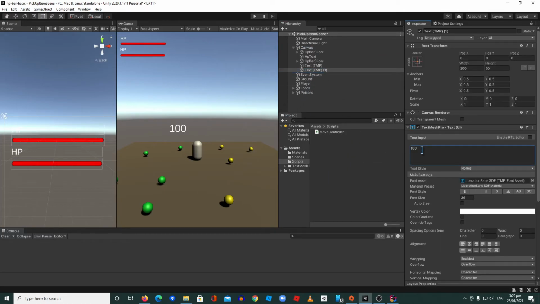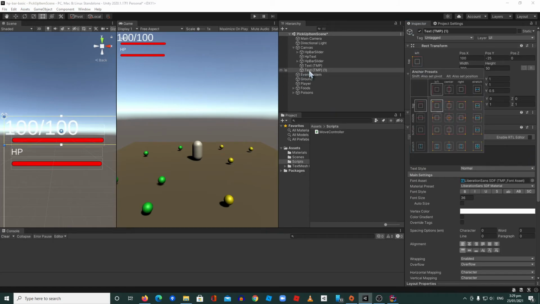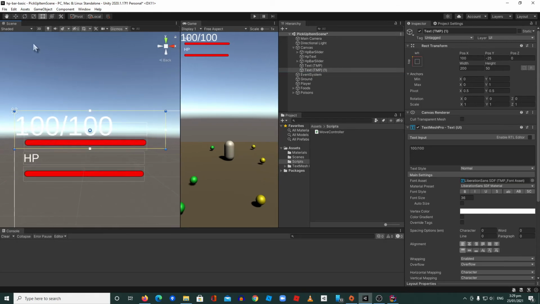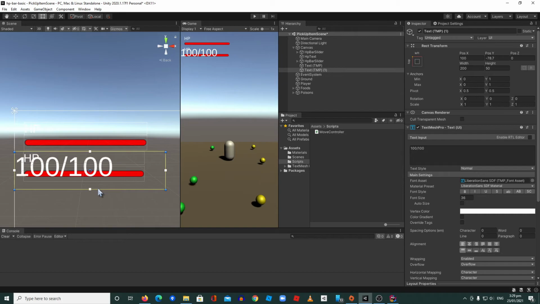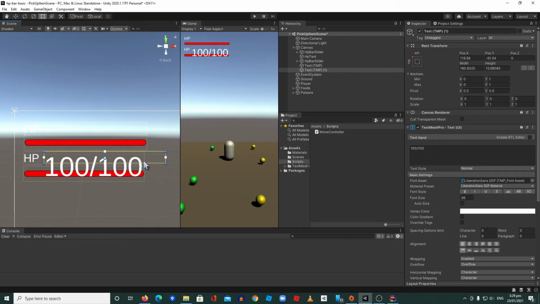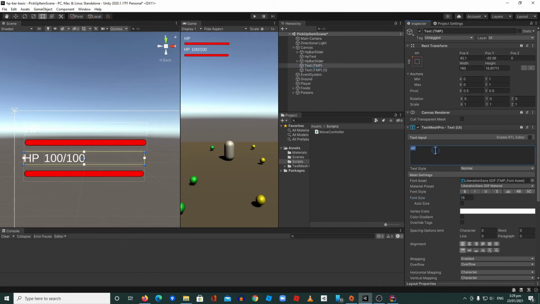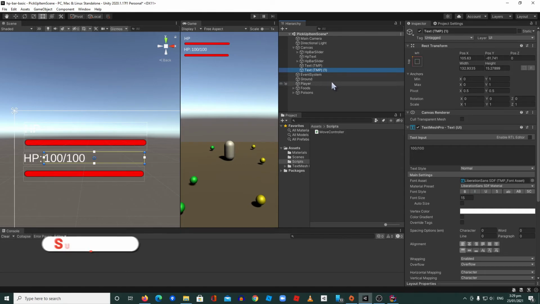Put some 100 over 100. Put that in the top right corner again. Go to the text. Move it again behind, beside our HP bar, something like that. Move this like this. Change the font size to that, and then yeah, just add something here. Now we have that text, and then click player, and then let's modify this HP